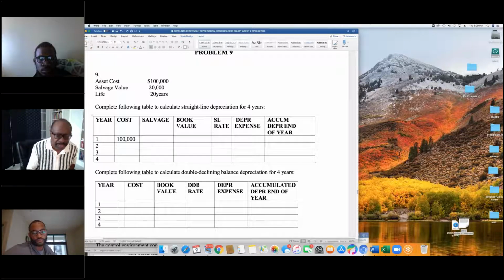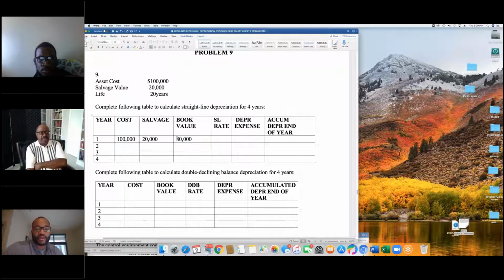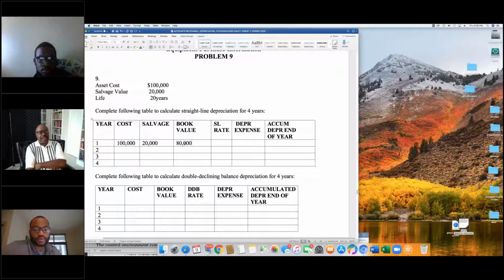Let's put the 20,000 here. So we're just explaining that book value is cost minus salvage. Got it? So I did that backwards. I put the book value on the salvage, and I didn't indicate what the salvage was. I left the book value blank for all of them, but I was putting the numbers that correlated with that under salvage. The salvage is what it's going to be worth at the end.